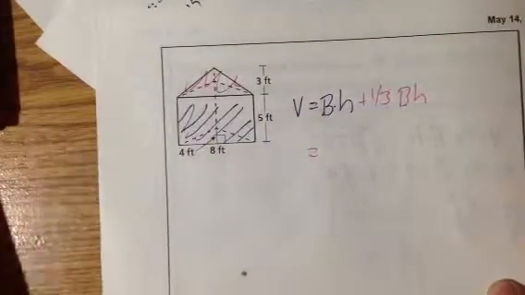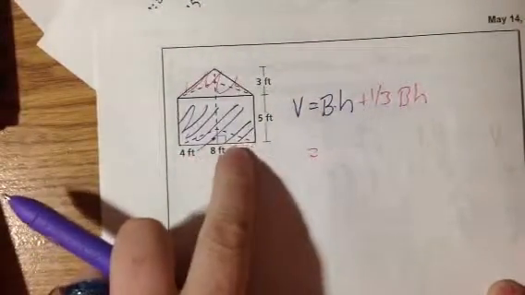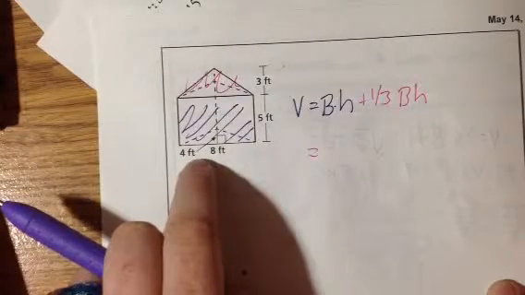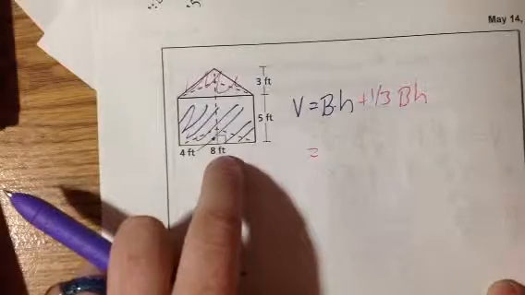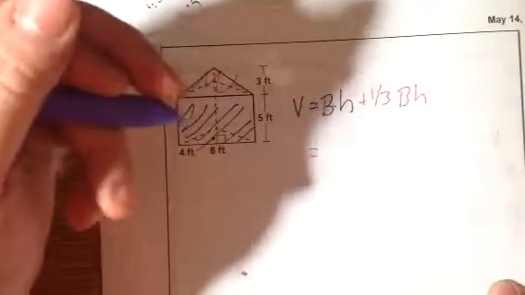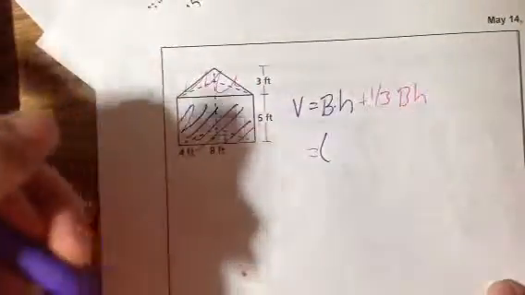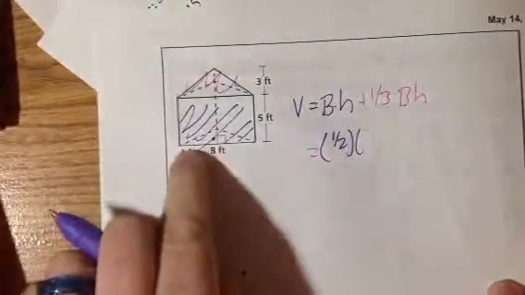So area of the base, let's see, the base is a triangle on this problem. The height is 5, the base is 8, it looks like. So we have 1/2 times the base